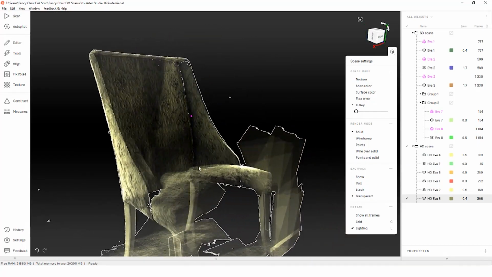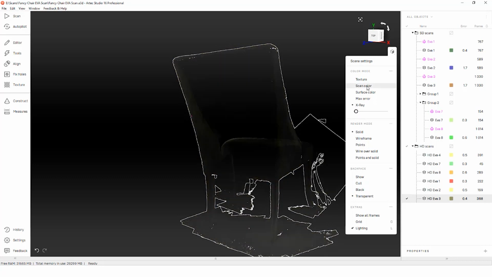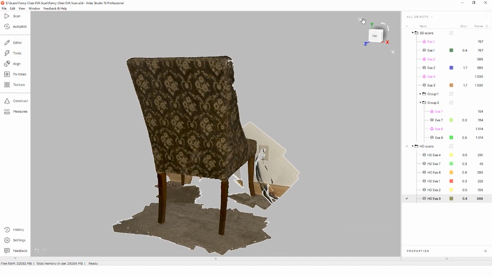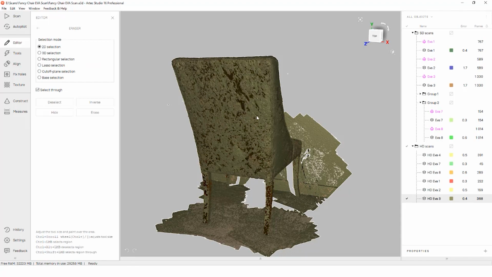If we have a spot that is in fold or misaligned, it will appear brighter than the rest of the frames. After creating a mesh, I like to change my display to this mode to see if there's anything wrong with the generated mesh. The first step in processing a scan will involve deleting pieces of data we won't want in